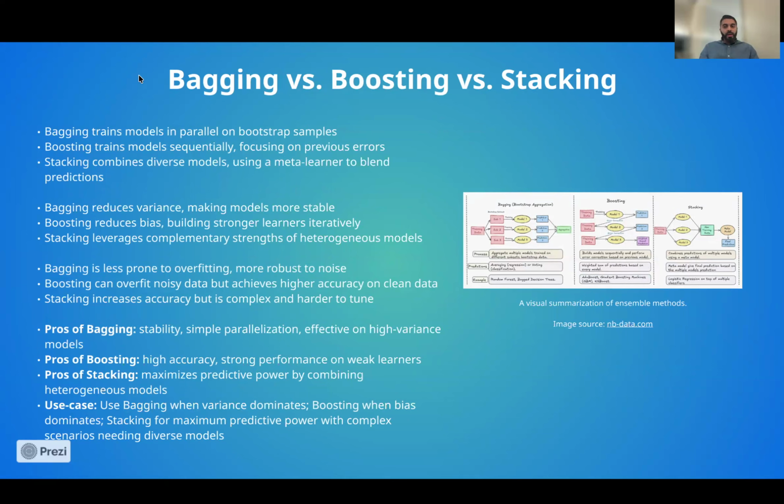All right. I have a comparative analysis of the three methods that we just discussed, so I'm just going to go over those quick. We covered most of these points in the last two slides, but just to drill down the points, for bagging versus boosting versus stacking. The idea with bagging is that it trains models in parallel on bootstrap samples, and boosting, on the other hand, is more sequential. While stacking, you can combine various diverse kinds of models. You don't even need to stick to trees. And ultimately, you can just build a meta learner to blend in all of those predictions to come up with